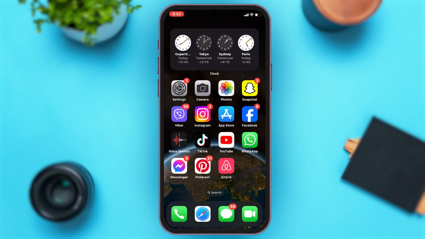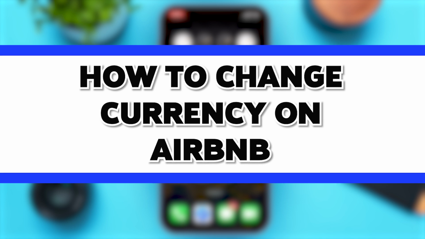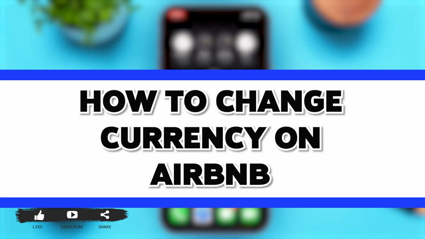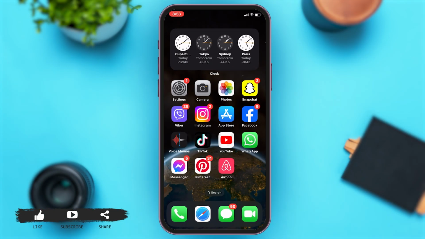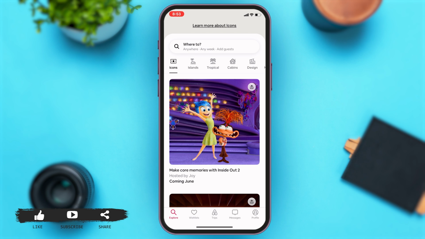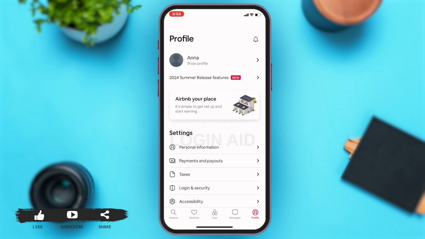In this video, I'm going to be showing you how to change currency on Airbnb app. To do so, you'll have to first go to your Airbnb app. Once you open your Airbnb app, you'll have to go to your profile, which is at the bottom right corner of your screen. You can tap on your profile, and then once you are in your profile, under settings